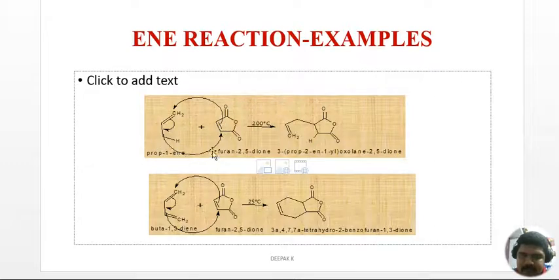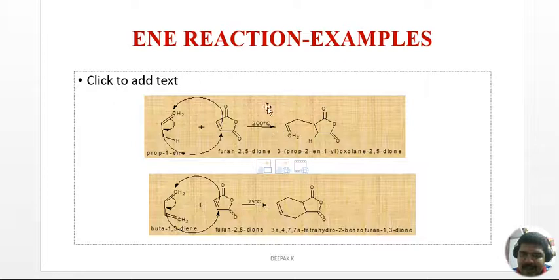So this hydrogen will be migrating to this one, and then rupture of this bond, and this carbon will be attached to this CH2 group, and then migration of this pi bond. And looking at this, it's just similar. And this is your comparison. Here this is your general Diels-Alder reaction, where you can find that 2 sigma bonds are formed in both cases, but what is happening here, sigma electrons are involved. Here there are no sigma electrons involved in the Diels-Alder reaction.